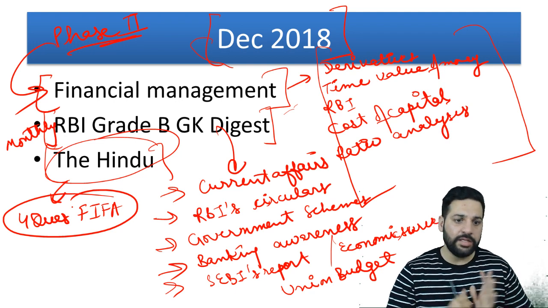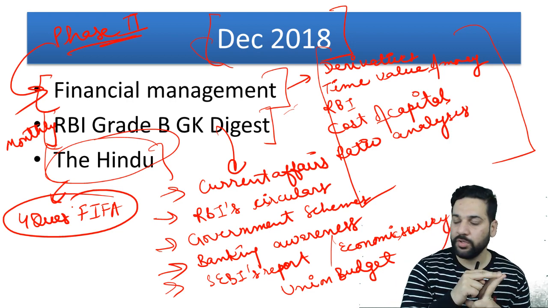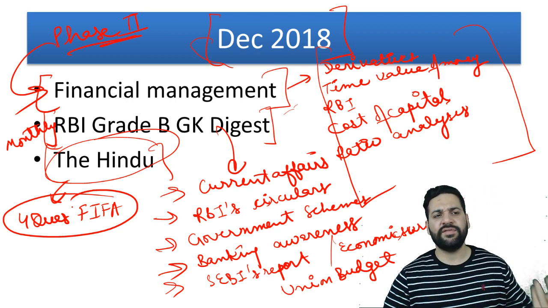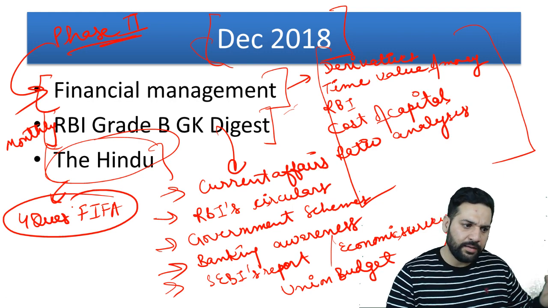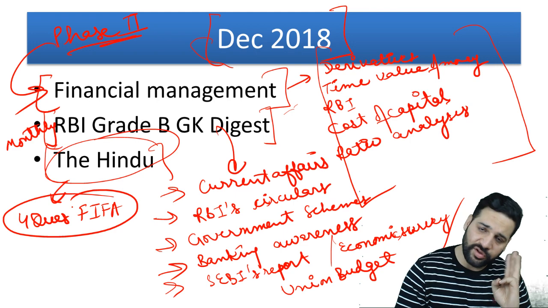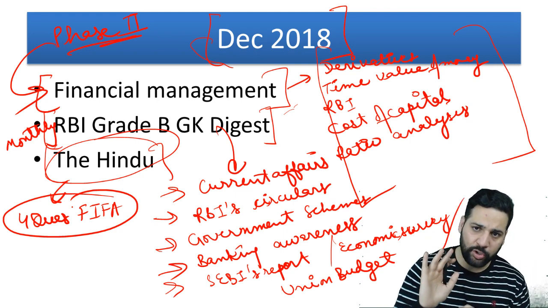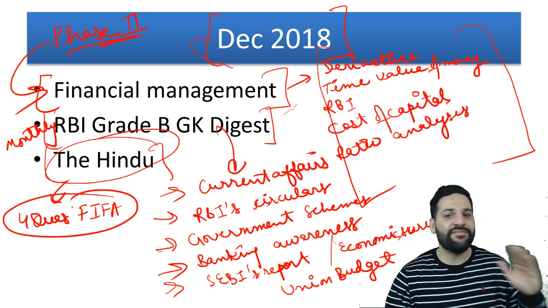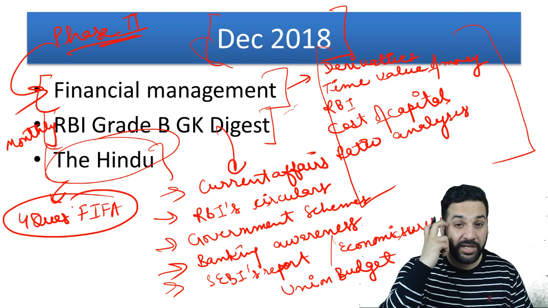The Hindu I recommend. If it is not available, the Indian Express, you should go for it. Even if that is not available, the Mint, in the southern part of India and in the Maharashtrian area, the Mint is there, which is also a really good newspaper. So out of these 3, whichever is available at your place, go for it. Never skip a newspaper. Never. Newspaper is really, really important.